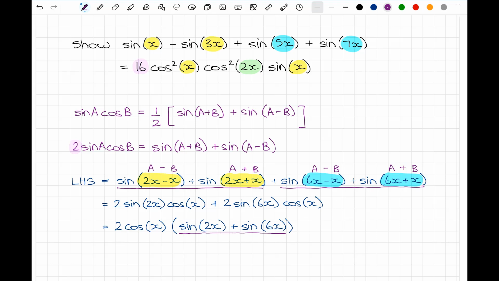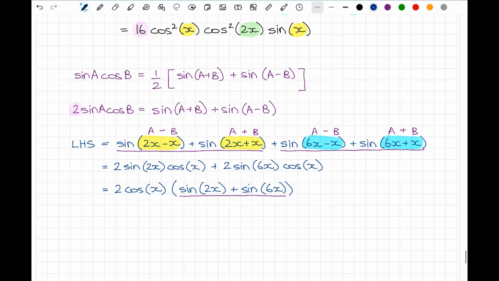And you'll notice now I'm getting closer and closer to just having an expression that is only made up of sine and cosine terms with just x and 2x. So what I'll do in my next line of working, I'll just write this as equal to 2 cosine x,